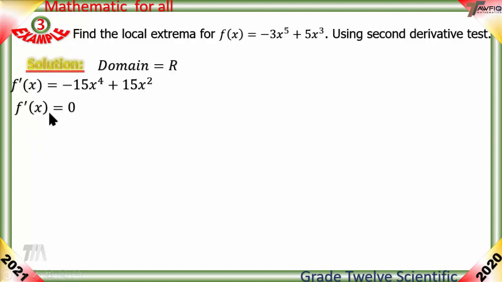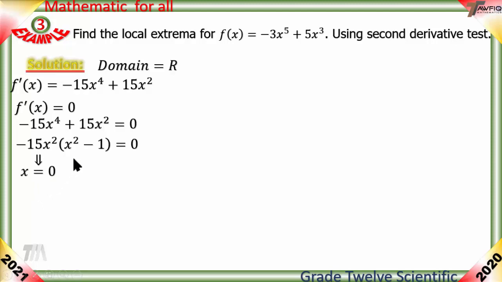Let the first derivative be 0 to find the critical points. Then -15x^4 + 15x^2 = 0. Now take out the common term, which is -15x^2. It remains x^2 - 1 = 0. From this we get that x is 0, and from x^2 - 1 we get that x is plus or minus 1. That means we have 3 critical points. And now